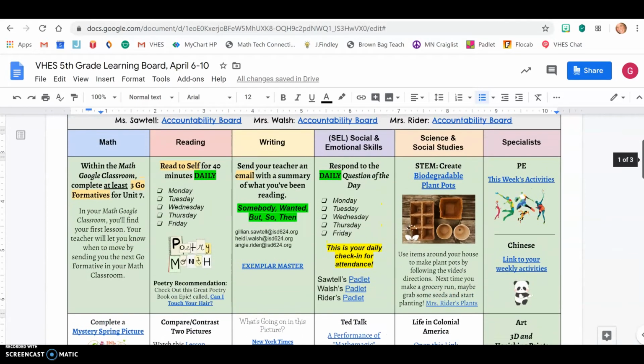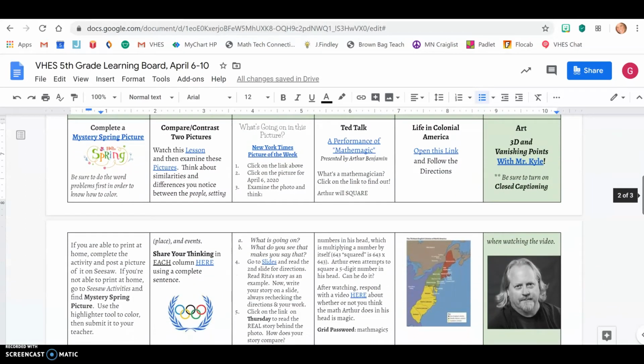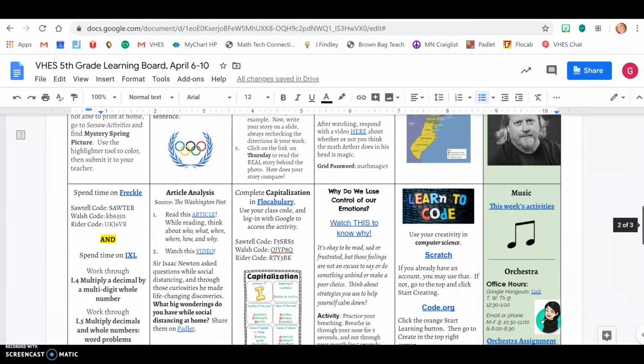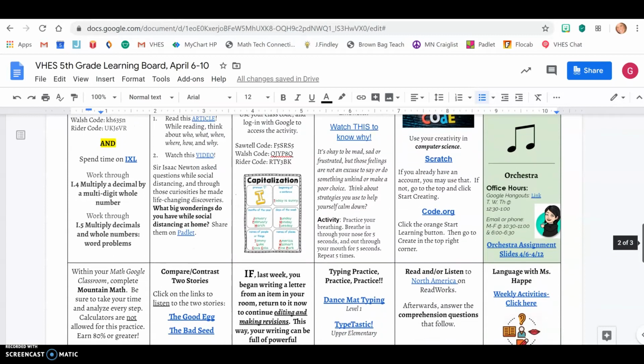Moving over to writing, like last week, sending an email to your teacher with a summary of what you've read this week, using somebody wanted but so then. That has not changed. Then you may choose to analyze a picture with the New York Times. You may do vocabulary again, but this time with capitalization.